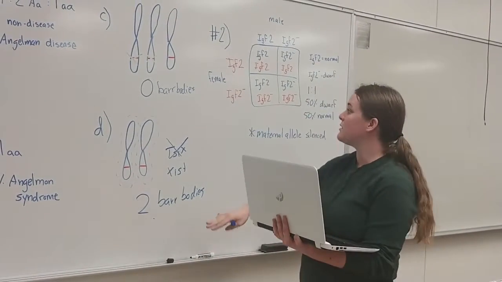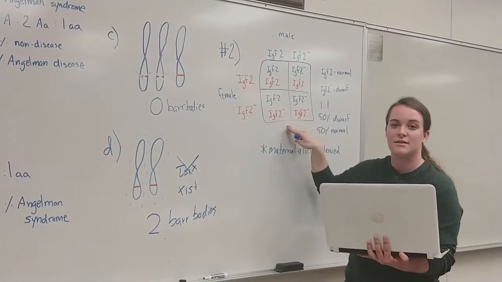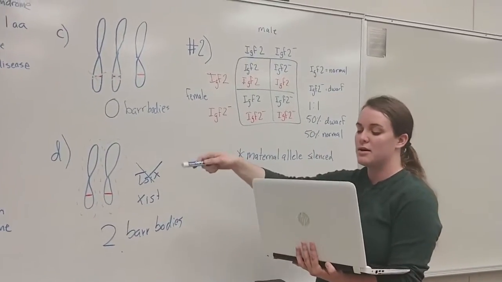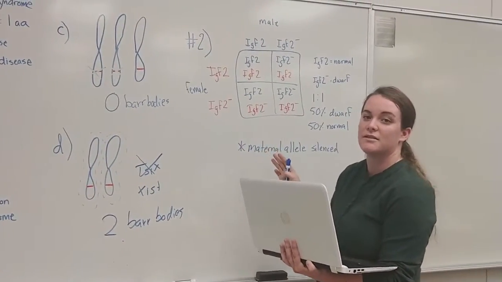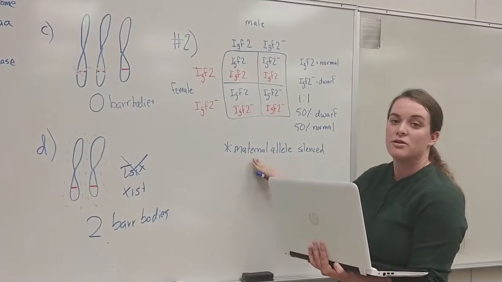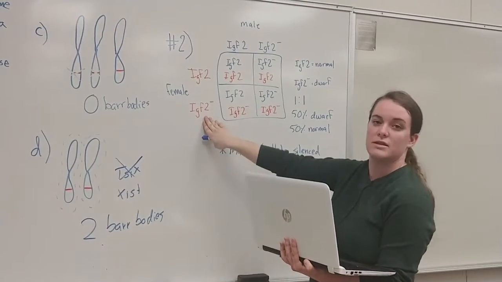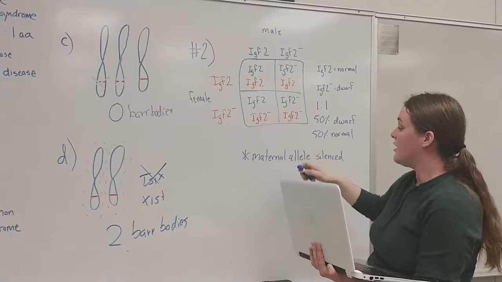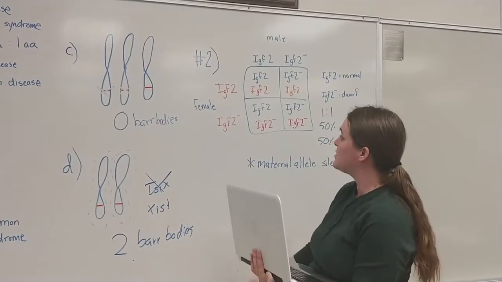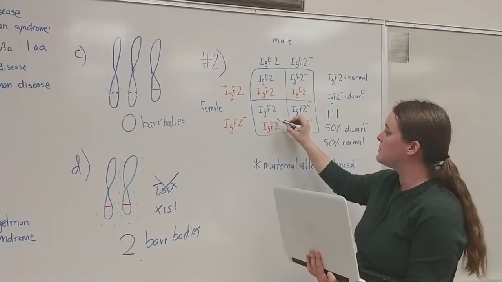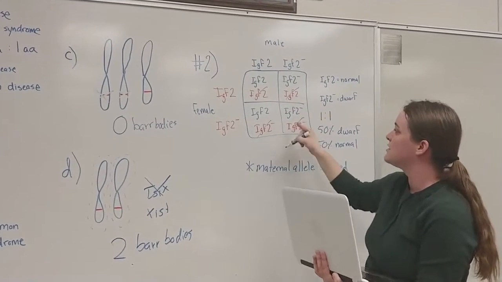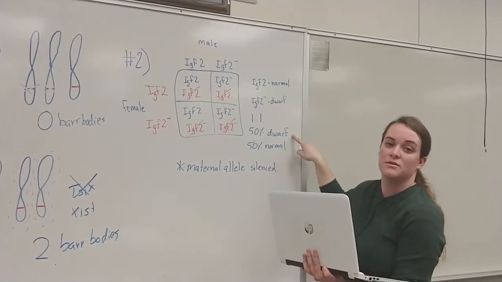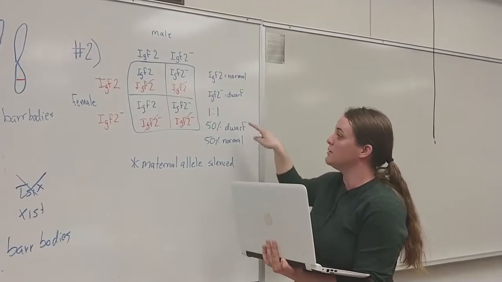For C, we actually have to do the Punnett square because it gives us a cross, and we have to figure out the phenotypes. So kind of like we did with number 1, A and B, with there being silenced alleles, this time it's the maternal allele that is silenced, so that is in red, and the male is in blue. And this is what the Punnett square comes out to be. Because the female is silenced, we won't be looking at the red ones, just at the blue ones, the male's alleles, in order to get our phenotypes, which comes out to be 50% dwarf and 50% normal, or a 1-to-1